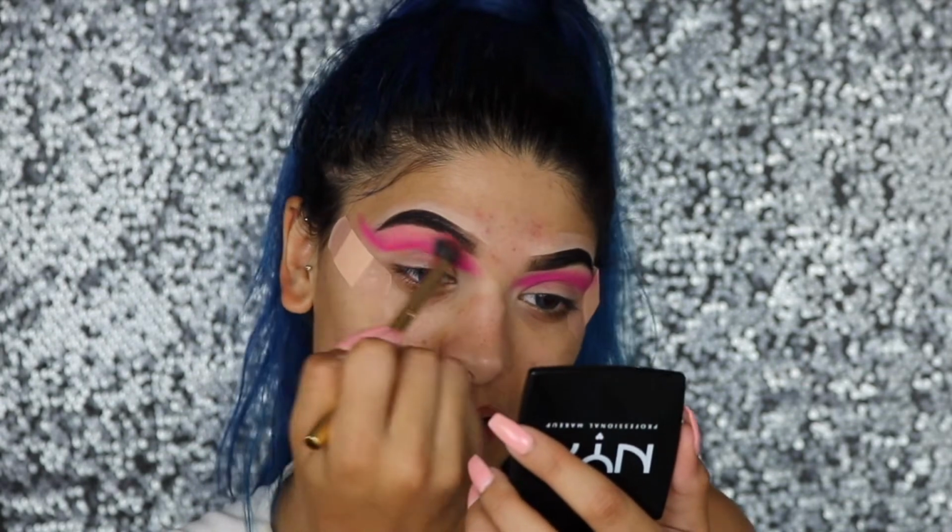Wow, that's really not that pigmented, especially for being such a bright color. It's not pigmented at all, actually. Oh, we did it to this side. We have to do it to this side. I'm going to cheat so bad and go into my palette and get a nice orange shade, but now we're going to make this work. Okay, so we're going to go into this shade,